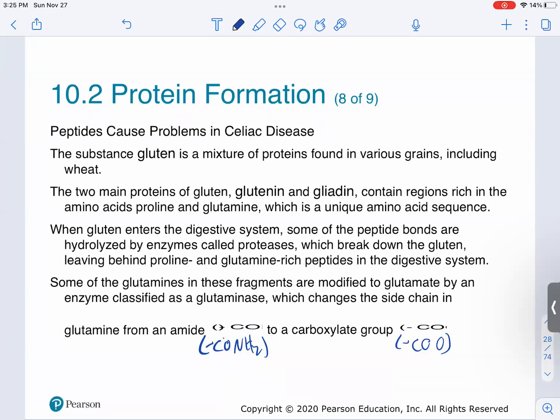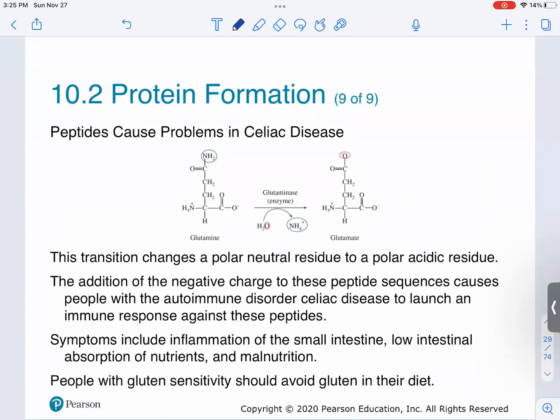Okay, so whenever the glutamines are modified to glutamate, basically the side chains are going to change, right? Whenever your body recognizes glutamate, you have special senses in your body that are really specific, and they say, well, we don't recognize this so much. So whenever you have this transition, going from a polar neutral residue to a polar acidic residue,